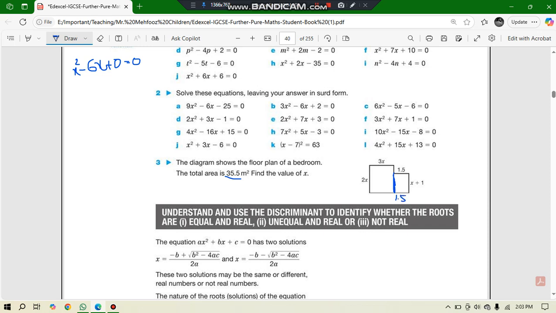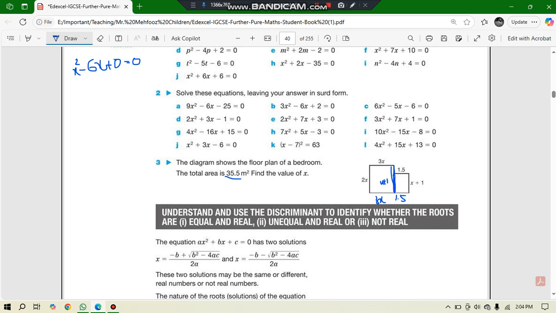This is x plus 1, so that is also x plus 1, and this is 3x and this is also 3x, and this length is 2x and the total length is also 2x, right? So you can find the area. And how can we find the area? First of all